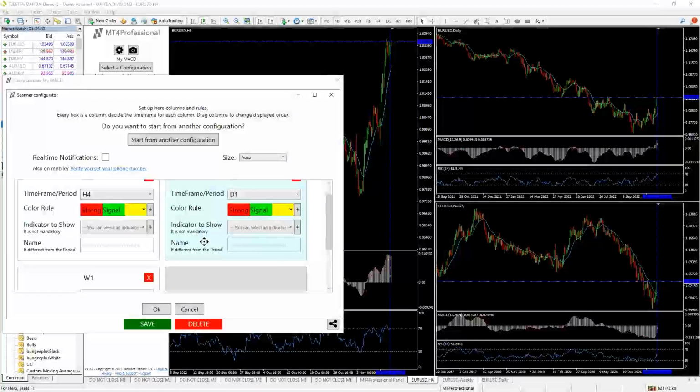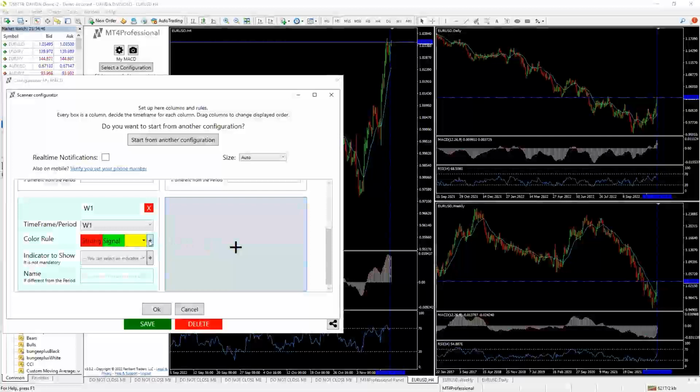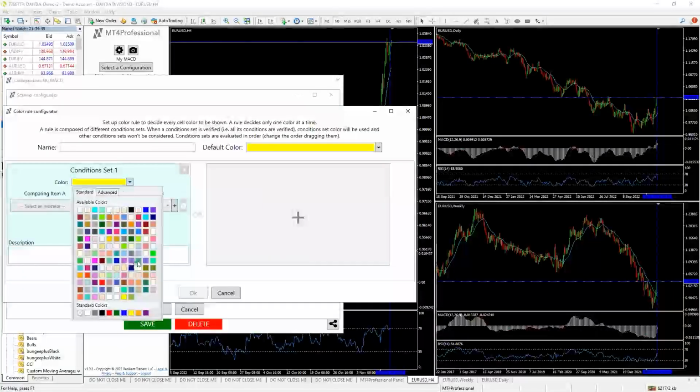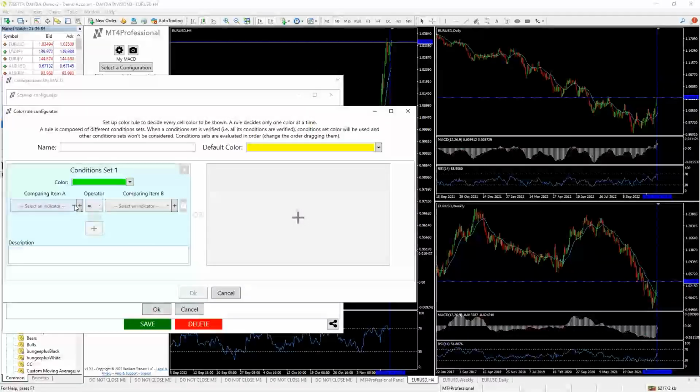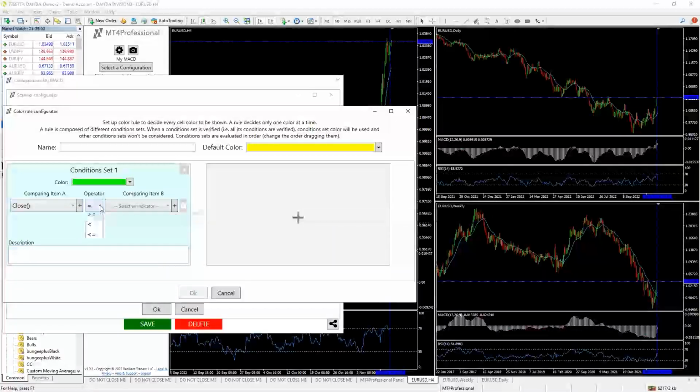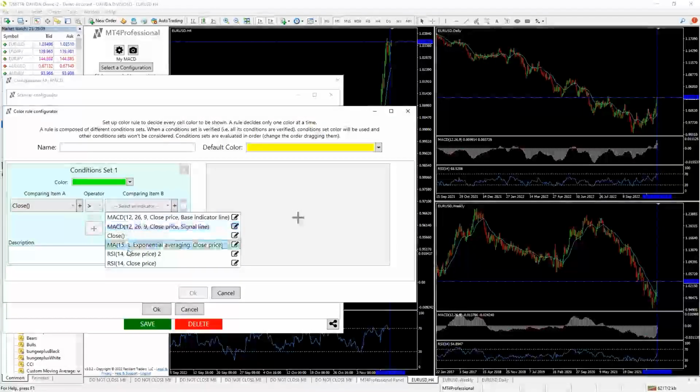If I wanted to add a new signal, then instead of using that, I want to do this as a bullish setup. So I'll take a bullish setup if, let's see, if the close of price is greater than my 15-period exponential moving average.